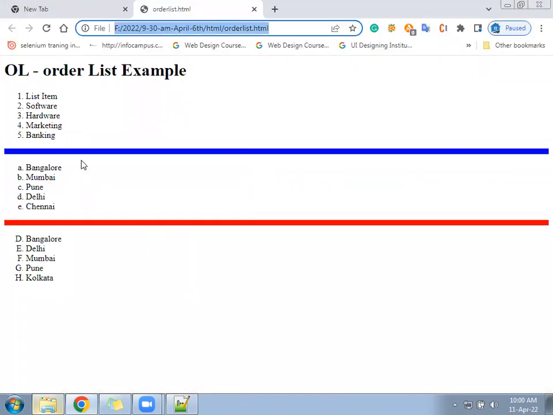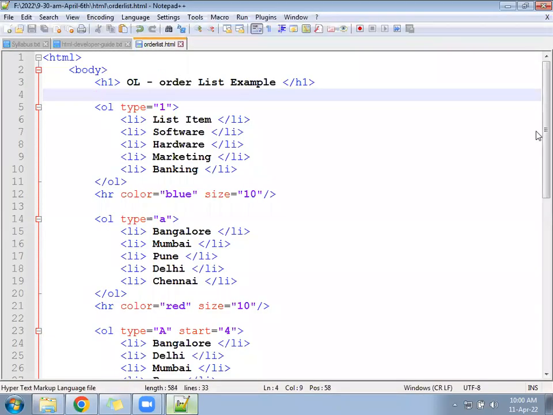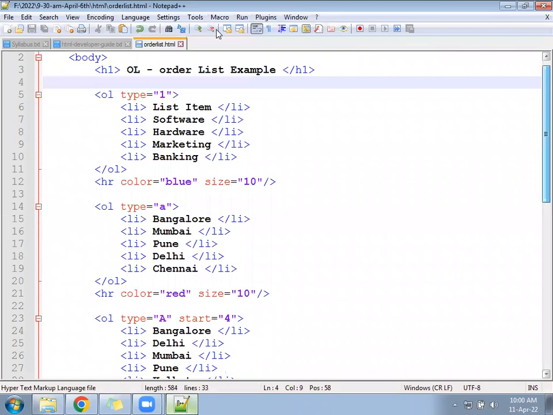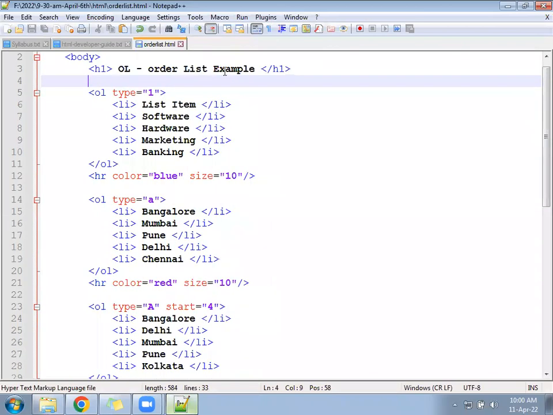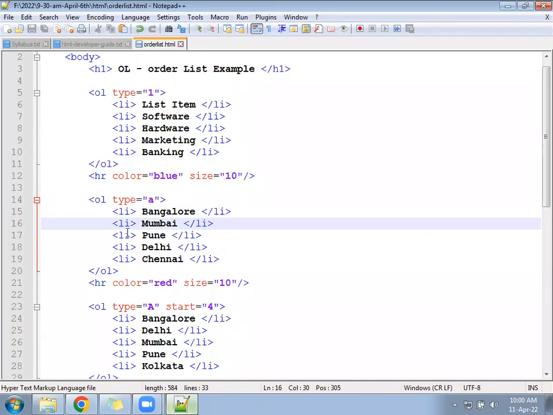This is all we have written. How many types do we have? One is this design, another one is this design, and another one is this design. In that we have discussed... wait, if you want to take a photo, take it now. This is the code for that. I will minimize it a little. Now you can check, all will capture together. Okay, so in this what we have seen is we have created the page using the